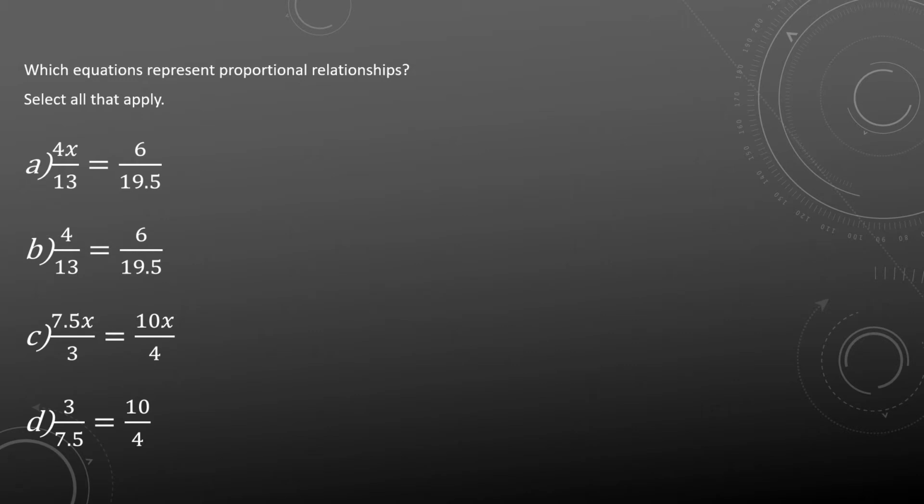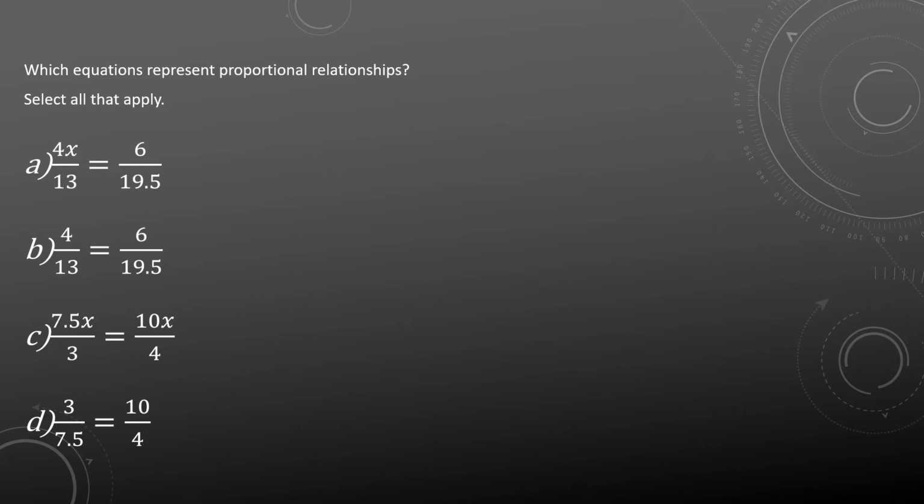that apply. For this question here, I would recommend using a calculator, first of all, because there are decimals, it makes it a little bit easier, and because these fractions don't necessarily look the easiest to simplify. Now, you might notice, for example, on A and C, we have these variables, right? On C, I have both of these x's attached to my top side, my numerator, and on A, I only have one x here. Remember that with proportions, you need to have the same units on top and like the